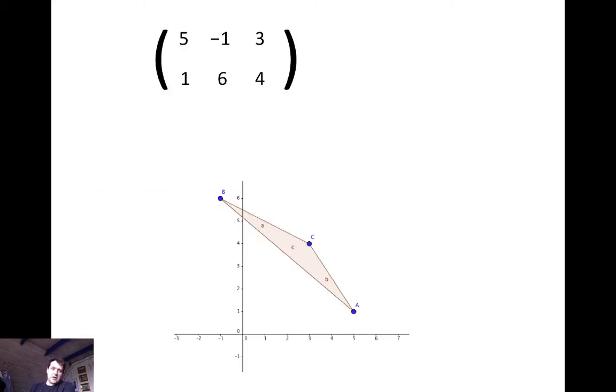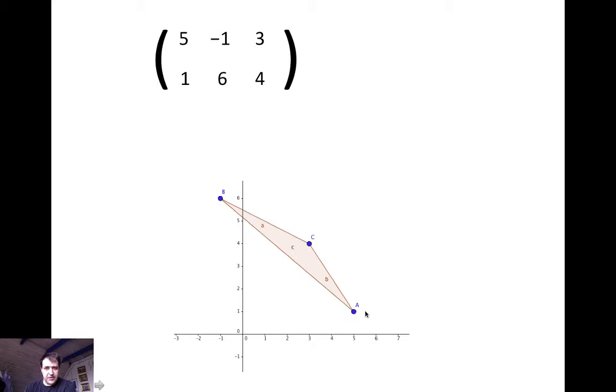Now, here's a matrix, 5 minus 1, 3, 1, 6, 4. And I want you to think of it as representing x and y coordinates of a shape. So the first row is the x coordinates, the second row is the y coordinates, and the columns are each point. So we've got the point 5, 1 here, so that's 5 across 1 up here,